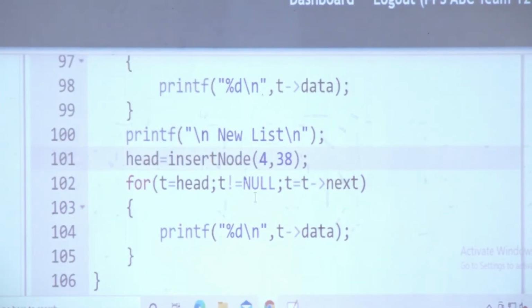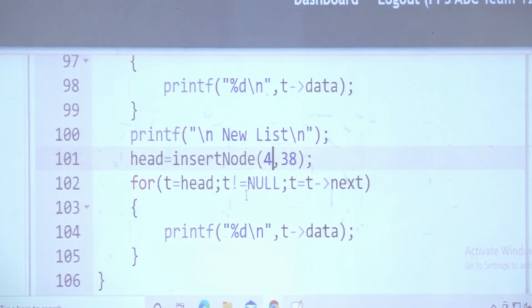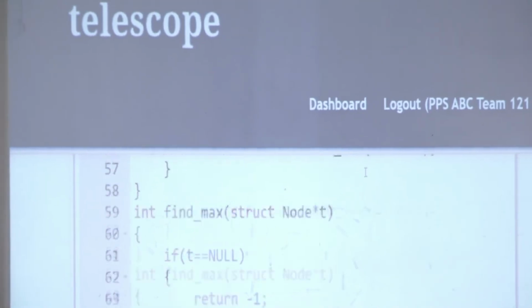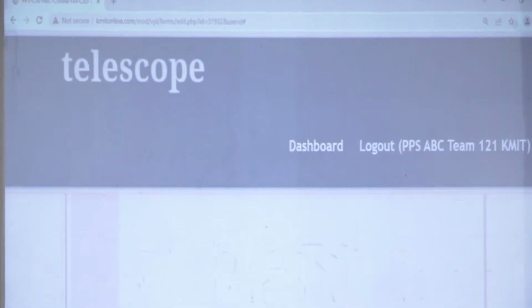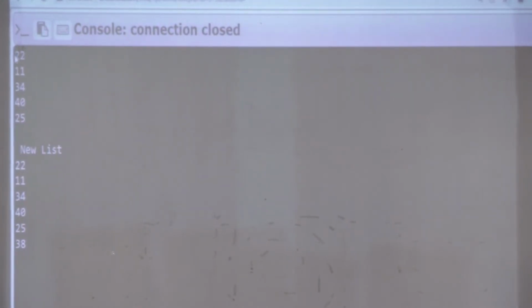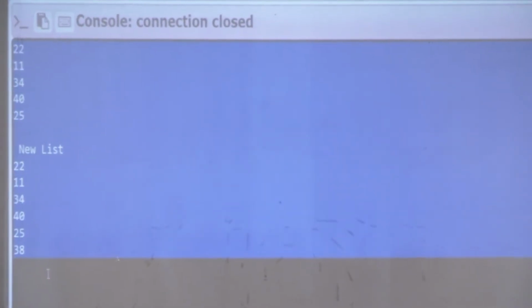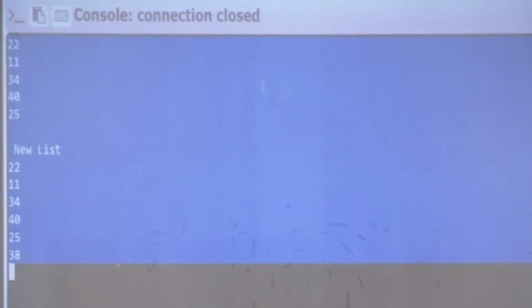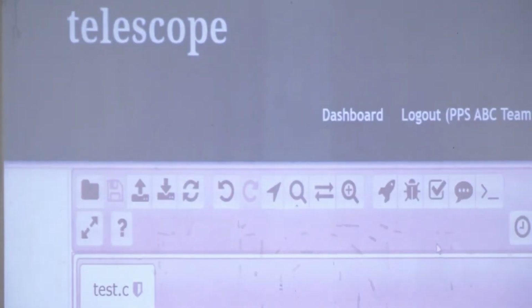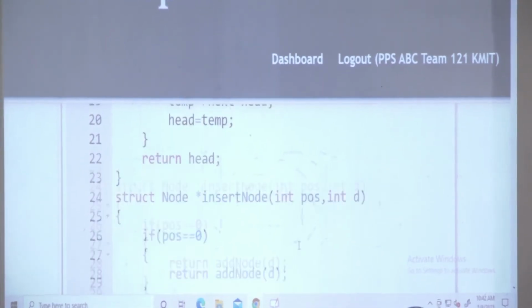0, 1, 2, 3, 4. So the fifth guy goes ahead. So that's why he came in between. If you insert at 5, that will be the end of the list, because there is no such position. Yeah, it's coming well at 38, right? Because whatever it is, its next is becoming NPTR's next, which will be null, and temp's next will be set